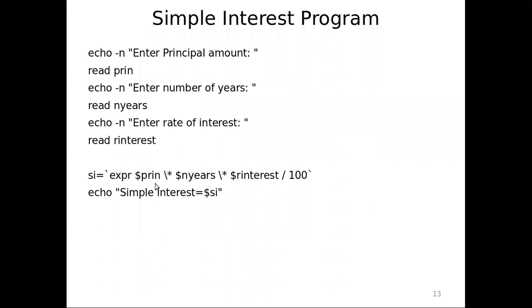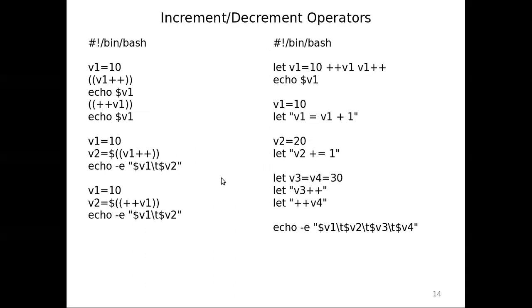Okay, so here we are using the arithmetic operators to calculate simple interest. You know that one, PNR by 100. So that's what it is calculating. And we'll see operator precedence and all in the upcoming sessions, and how it will affect things if you have different priorities. Okay, we will see the increment and decrement in the next session.